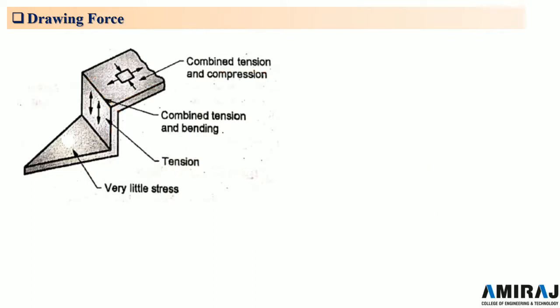So as the punch descends, the material from the flange is drawn over the die radius into the wall of the cup. The flange portion being drawn experiences tensile stress and circumferential compressive stress, as you can see in the figure. Except for relatively thick materials, there is a tendency for the flange to wrinkle. The material will also tend to increase in thickness as it is drawn to a comparatively smaller area.